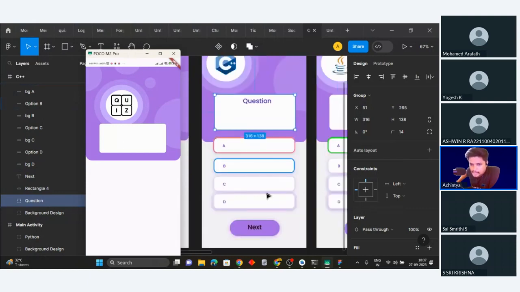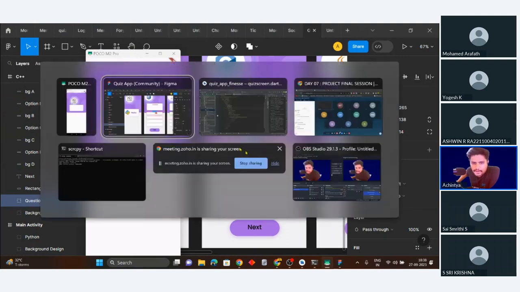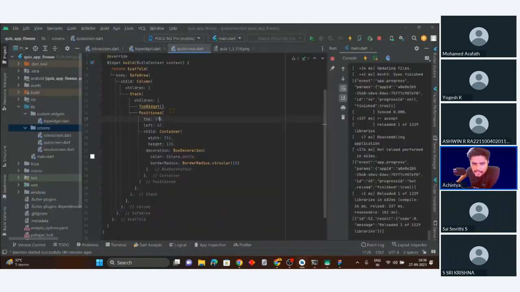Similarly, you can construct these four boxes, but wait, don't do all four boxes. I will teach you how to generate these four. For now, just take my word and keep this container here. What you do is try to take it as a custom widget. Same thing, you just have to copy the code for the container. That's why I say to use